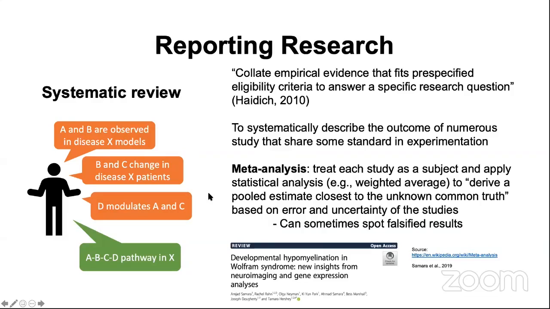Another subset within the systematic review is called a meta-analysis, and this is a statistical method. Basically, meta-analysis means analysis of analysis. How is this performed? Well, you will have each individual study as one single subject. Each study will contribute some numbers or results, and those numbers will have a value, but they will also have some error or